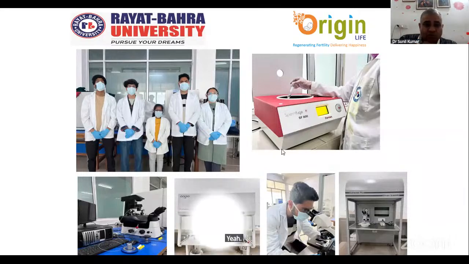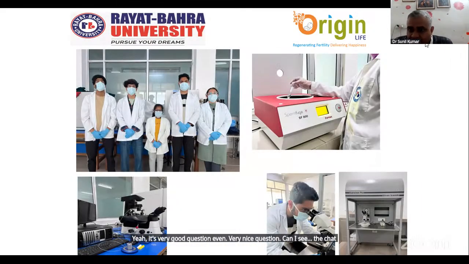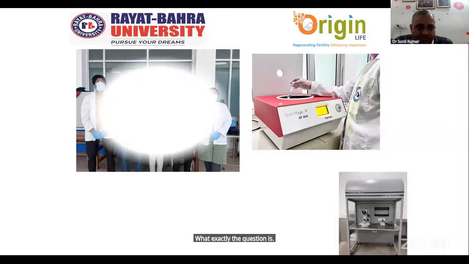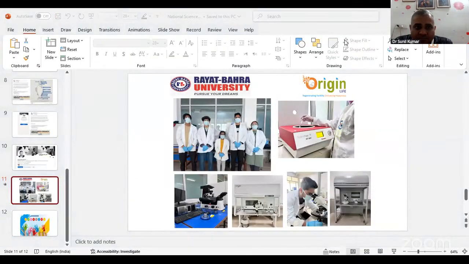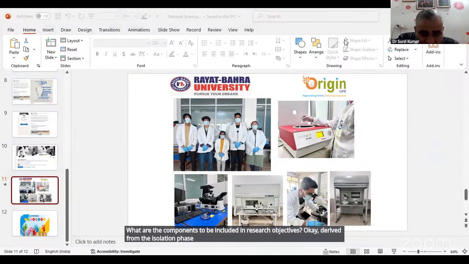Yeah, it's a very good question. Let me read the chat box to see what exactly the question is. What are the components to be included in research objectives, derived from the isolation phase itself, or based solely on the expected outcomes? It depends. Sometimes it is based on the isolation phase itself, but the objective is basically decided by